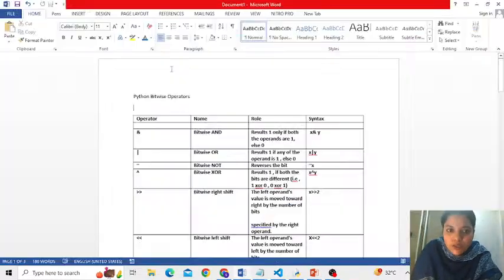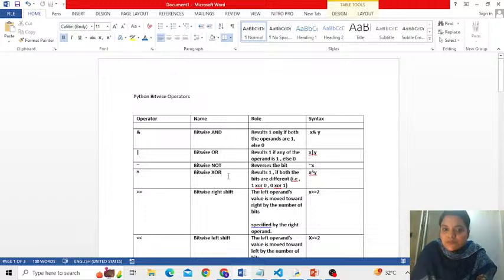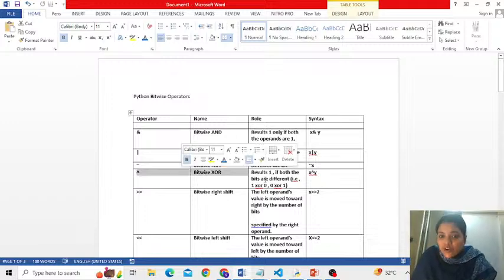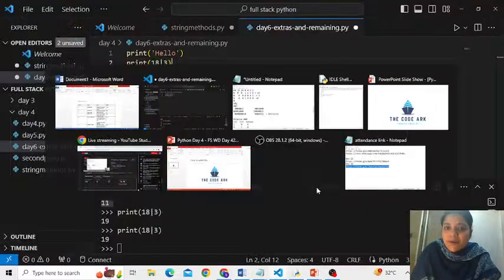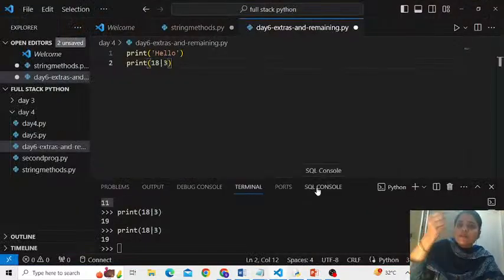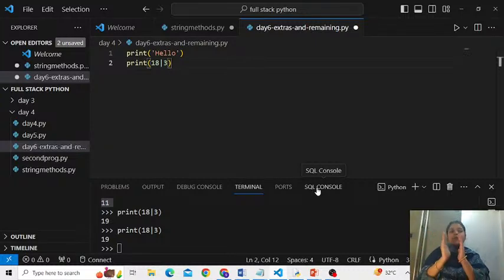Okay, let's move on to the next operator. That is nothing but XOR. Now what does XOR do? It results in 1 only if both the bits are different. Boys and girls, what do you mean by both the bits are different? That means they should be 1 0 or 0 1. The two input bits are different. But if the two input bits are the same, like both of them are 0s and both of them are 1s, then the output will be low.